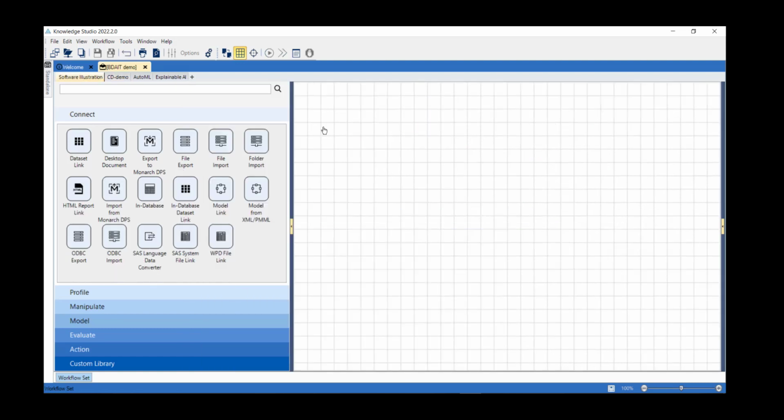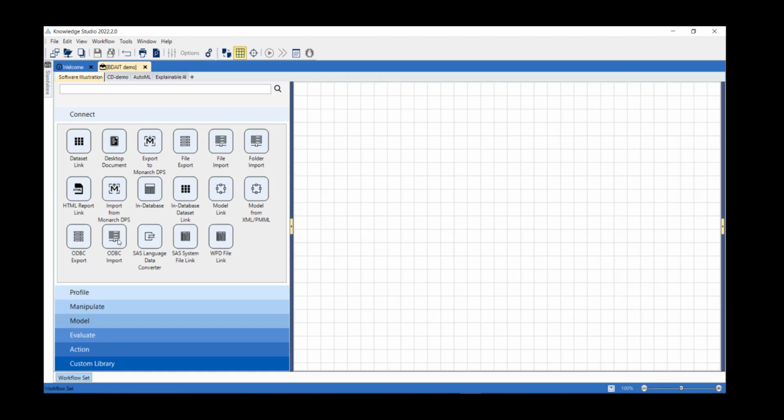Before we get there, I'll give you a quick tour of Knowledge Studio. The software is set up across 7 palettes that follows the same process as a predictive model. The first step is to connect to data. It's on this palette where the nodes enable pushing or pulling data from various data sources with imports and exports. We can connect to Excel files or text files or from a database with an ODBC import node and many